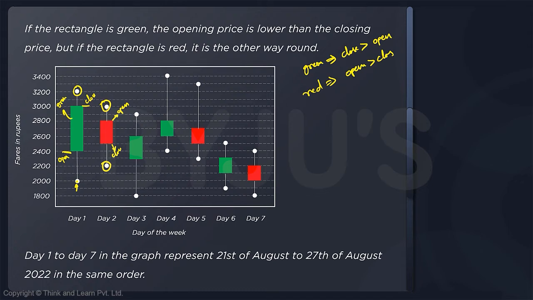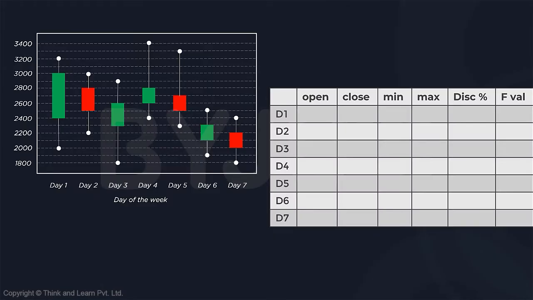Let us decipher this and write this graph into a table. So I have a table over here. If I want to just quickly fix this up, so what do I have? I am starting with day 1. If you look at day 1, the starting open is the price here, so this is the minimum value. So let me write down the minimum values for all of them in the vertical column. 2000 for day 1, then the next one is over here, which is 2200, then the next one is 1800, then the next one is 2400, then the next one is 2300, then this is 1900, and then